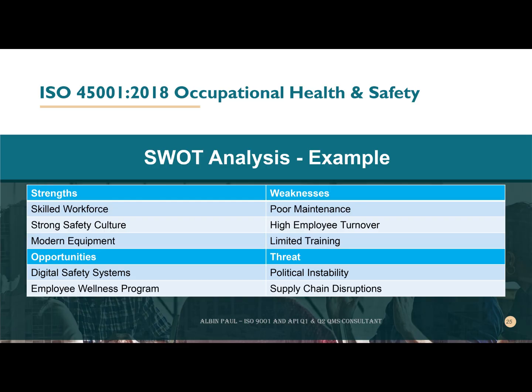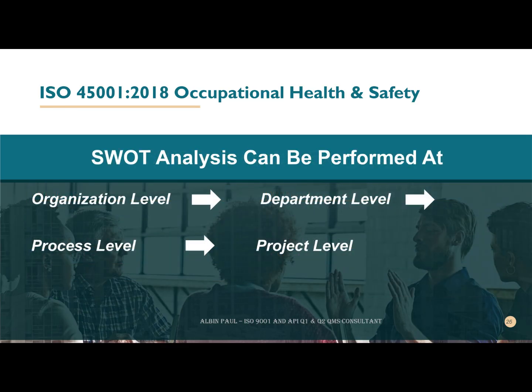Let's bring everything together through one practical story. Imagine an oilfield service company operating in the Middle East. External issues can include extreme summer temperatures, changing government safety regulations, customer requirements from the international oil companies, economic pressure due to the fluctuation of oil prices, rapid technological advancement. Internal issues include lack of experienced technicians, lack of strong leadership commitment, limited manpower during peak projects, aging lifting equipment, inconsistent contractor competency.